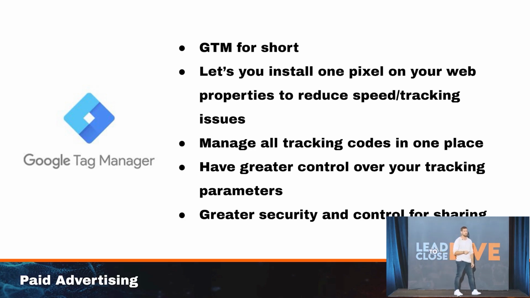Using Google Tag Manager, instead of firing every single one of those pixels on your funnel, you can populate them all in Tag Manager, and Tag Manager is the only pixel that fires. So it speeds up your page load times. The reason being is because all that data has to pass through the internet to get delivered. If there's more codes, that's more JavaScript, which is a heavier load on the servers, which takes longer to load your website. So if you need to learn about Google Tag Manager, there's literally 100,000 videos on YouTube teaching you how to set this up and install it. So I'm not going to waste your time today going through it.